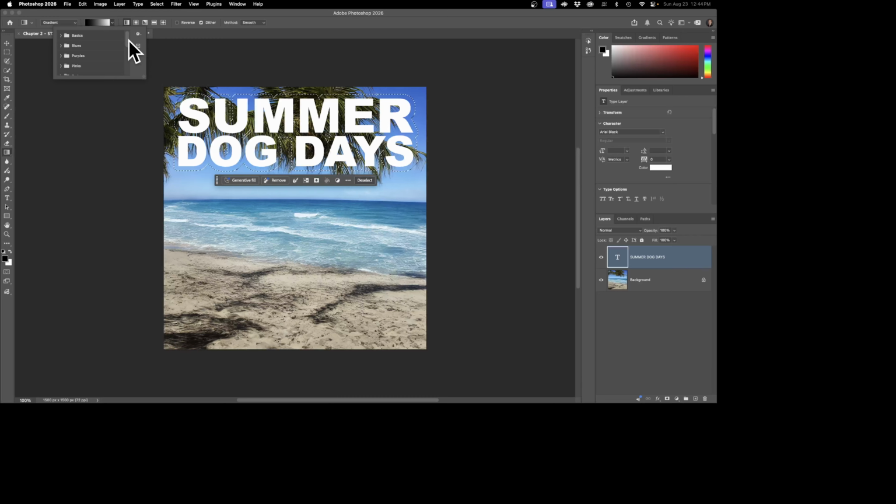Not Basics. What color is it going to be in? I think it's actually oranges. Yeah, there it is. And I'll scroll down a little bit, and I'm going to pick this second to last option, this nice yellow